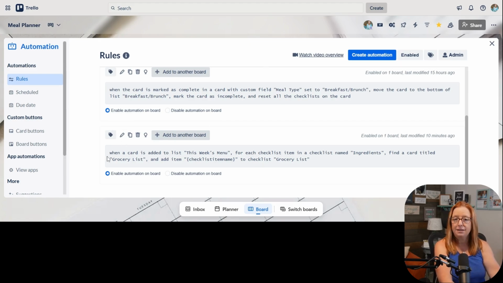But when the card is added to the list, okay, we already said that, for each checklist item, this was the tricky part, was finding this. For each checklist item in a checklist named, and this is why, as I mentioned in the live stream, all of those cards, the recipe cards, have a checklist with the same exact name. Find card titled grocery list and add, and here we had to use one of our Trello automation variables, checklist item name,